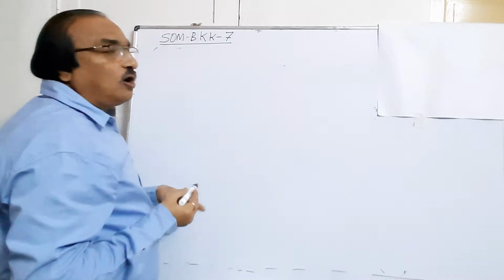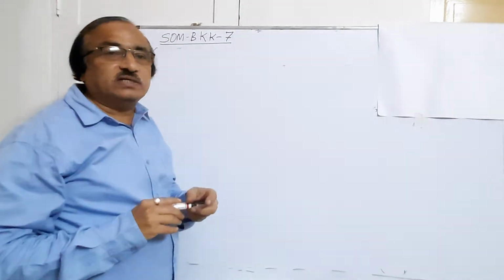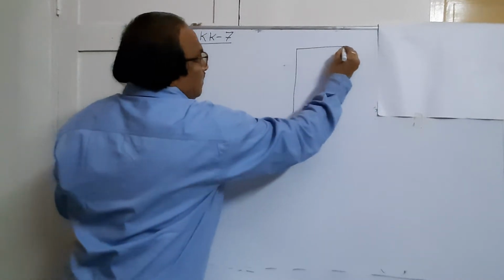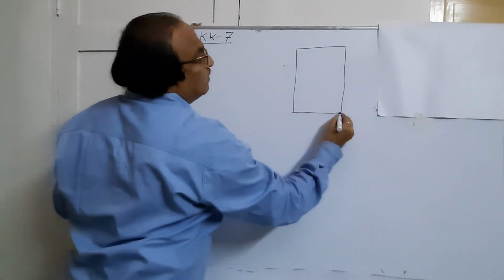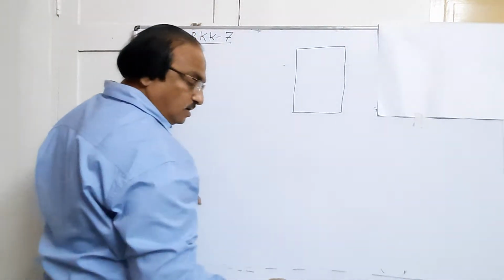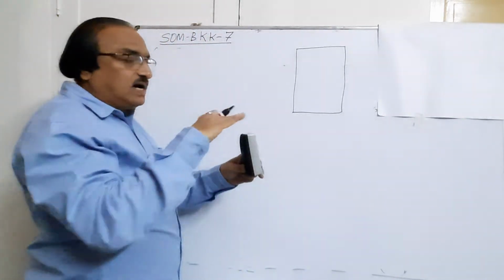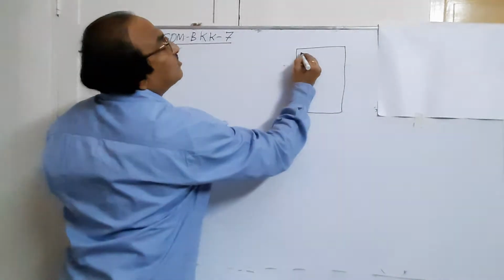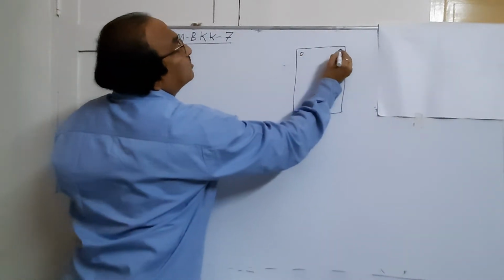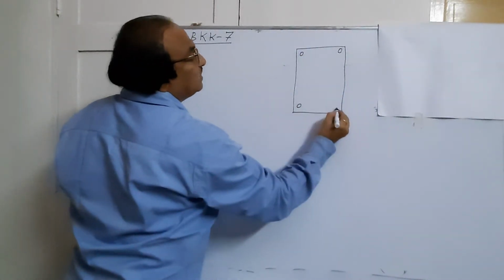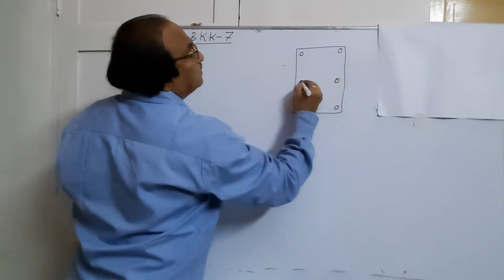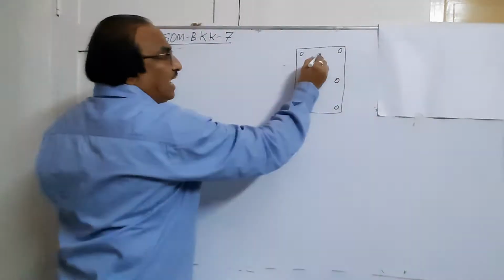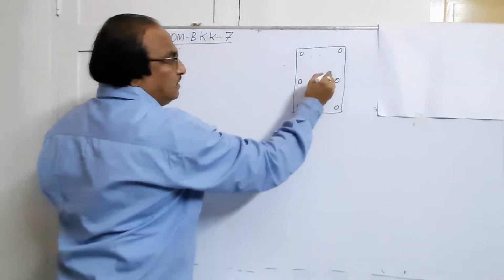So you have seen column. Column is made up of RCC. Suppose this is a cross section of a column. Cross section. If this is a column, if I cut it like this, this is a cross section of the column. Now here these columns will be carrying rods, steel rods. It will be carrying steel rod, and this is the concrete part.